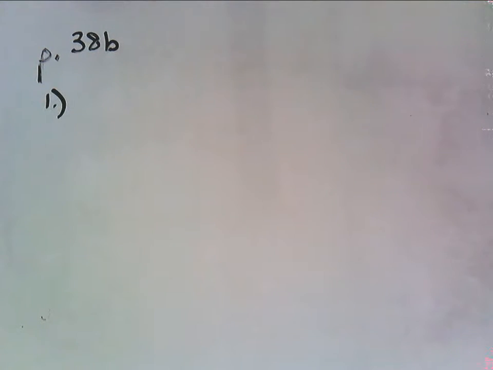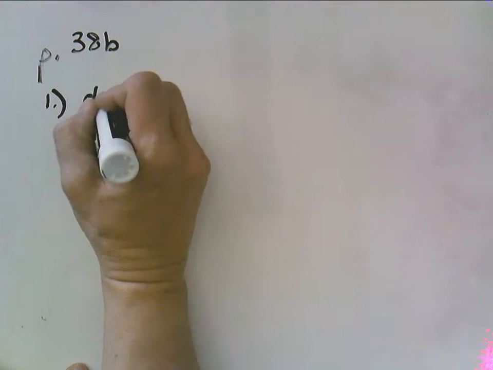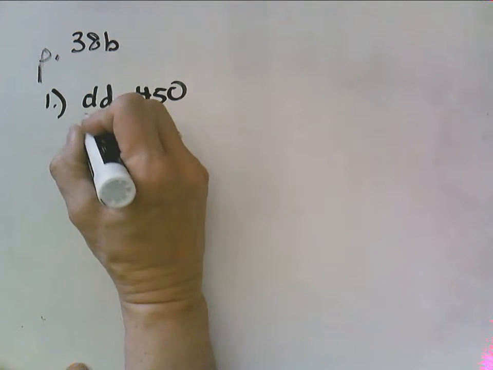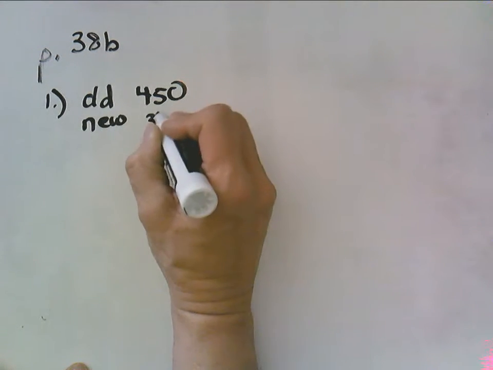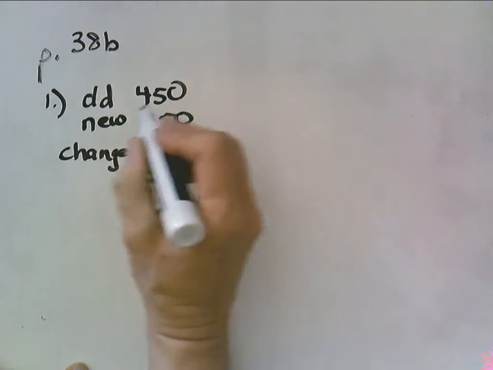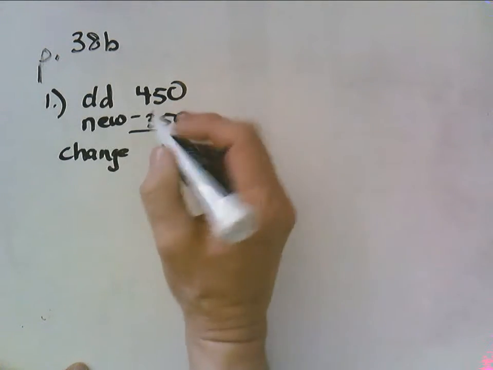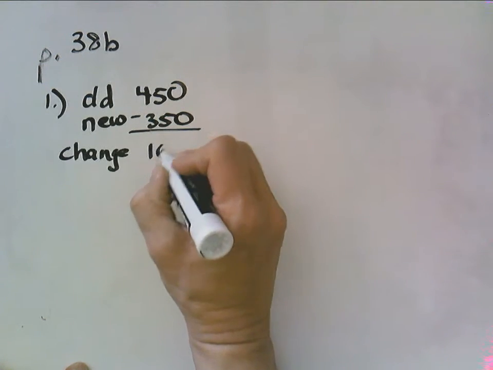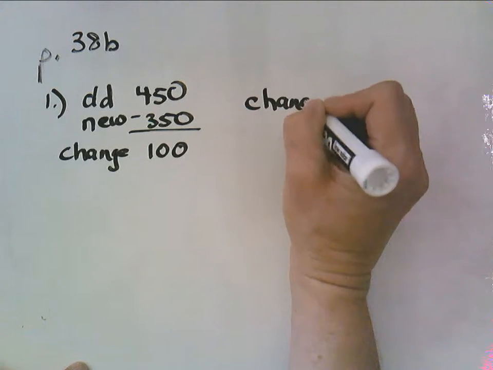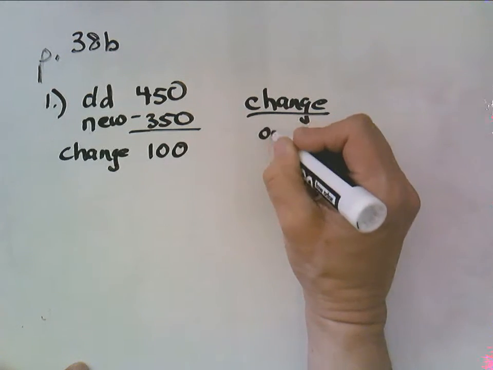Number 1 says the original price is $4.50, so the old is $4.50, the new is $3.50, and we always find the change. And the change is found by subtracting the smaller from the bigger, so the change is 100. So our percent change formula says change over original